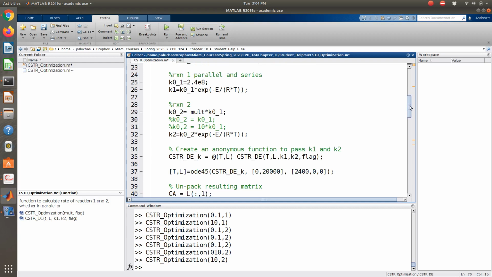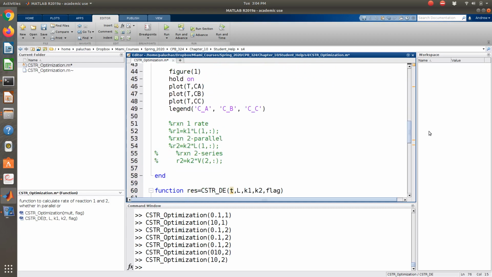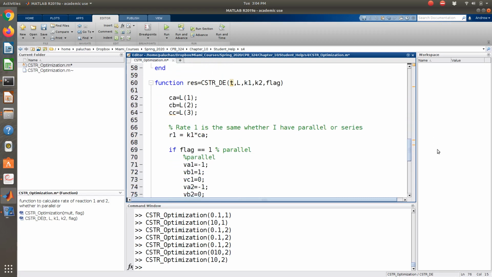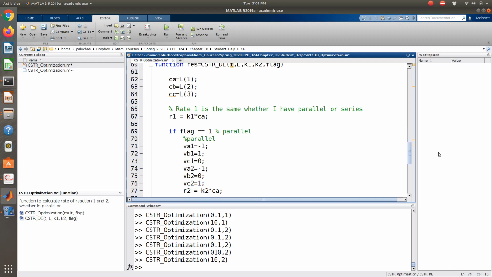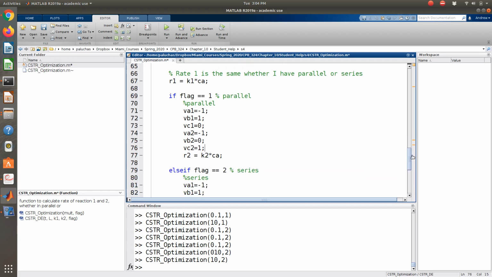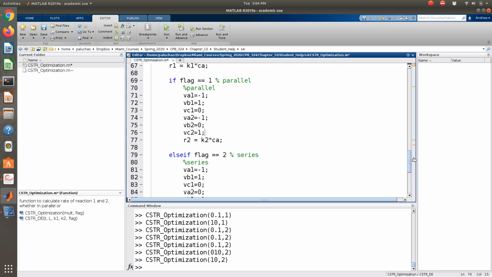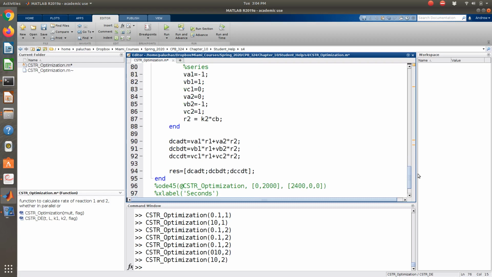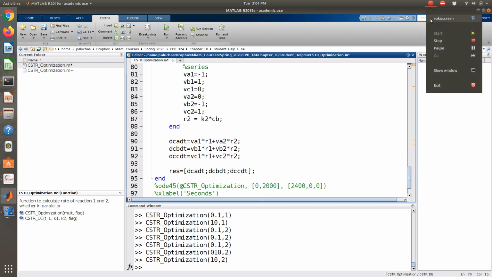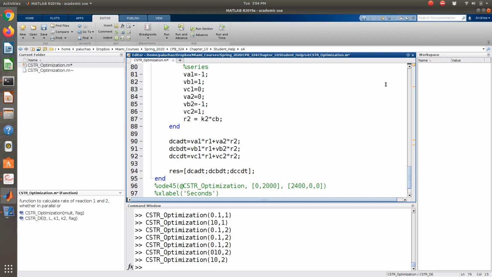But here I am now. I can choose the multiple and whether or not I want to do series or parallel on the fly. CC is underlined because CC is not actually in my rate expression or used, but it's okay. We'll solve for it anyway. Hopefully that gives you an idea and gets you going. You can build off of this, and you should build off of this and make it look nicer. And then remember, look at the problem statement where they want selectivity as well as a function of